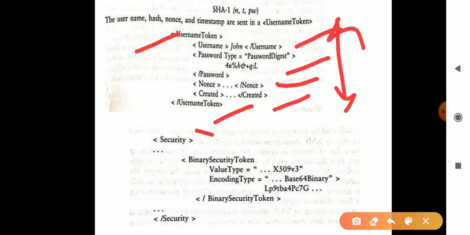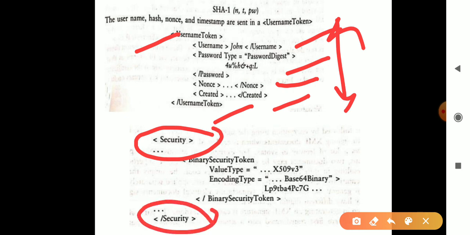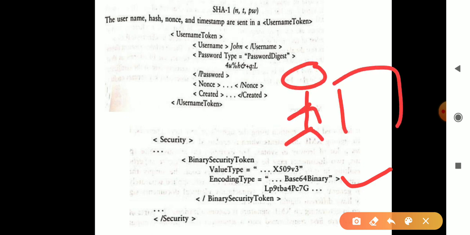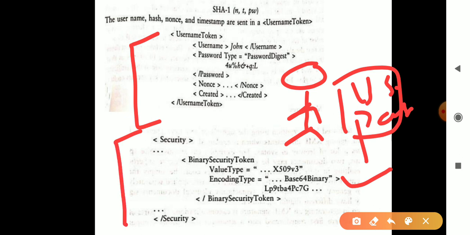Now you can see here the security element is using the binary security token. You can see an X.509 version 3 ticket is being used, and also a base64 binary is being used to encode the data that is being exchanged. So whenever the user is trying to log in with the username and the password, this is how the information is exchanged with the client.